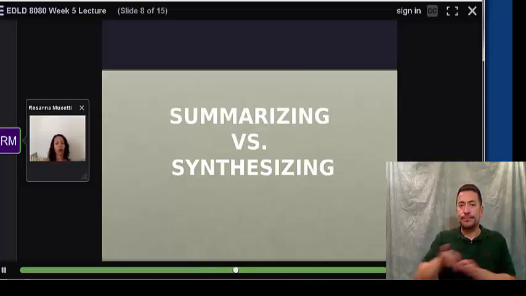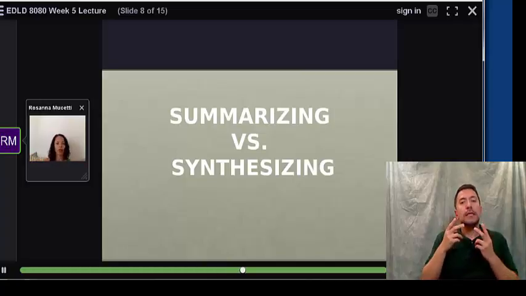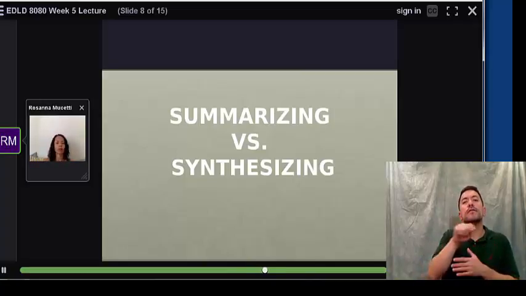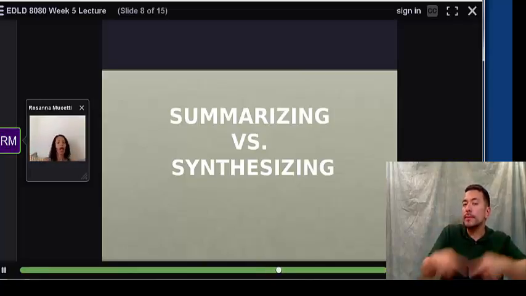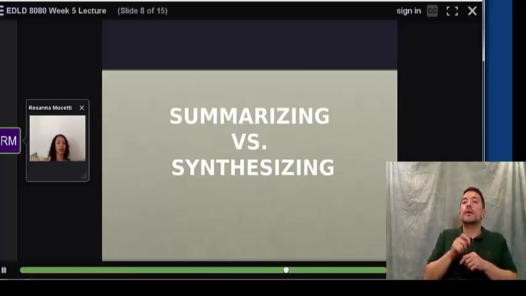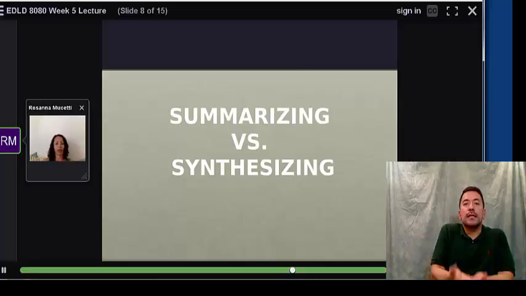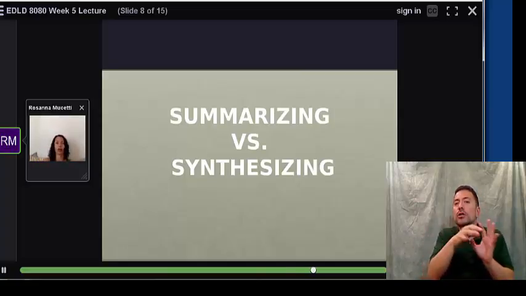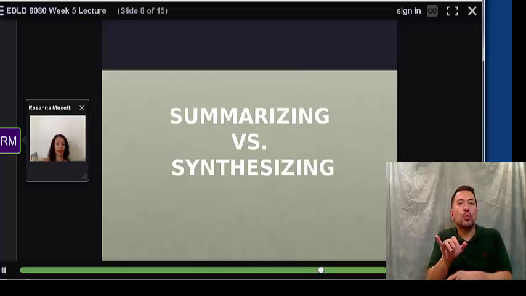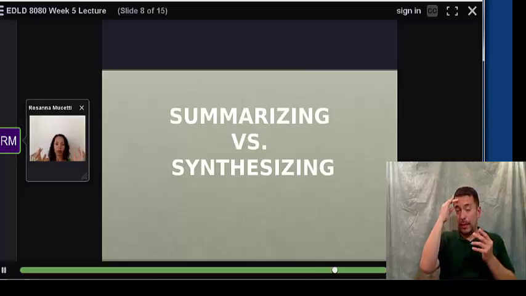What we're looking for is for you to definitely dedicate time to each of the articles. By the end of me reading these 5 to 6 pages, I should have knowledge of the 5 to 8 articles, get familiar with them. But what I'm actually doing is presenting concepts and arguments, big ideas that emerged as I read these 5 to 8 articles, and using the literature to provide evidence and make claims about some of these big concepts and ideas. And at times also show the similarities across the studies and the research, and the contradictions across the 5 to 8 pieces that you read around the problem. And so I want you to think about that as you start summarizing versus synthesizing,